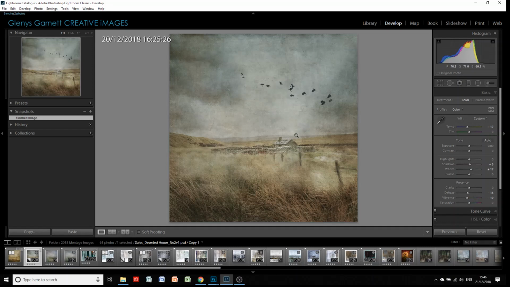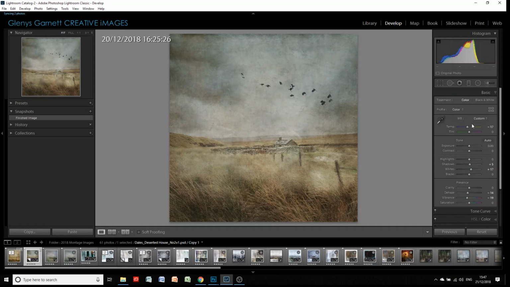Now, the only thing I've done here in Lightroom is I've dehazed it slightly because I wanted to soften it overall. I've reduced the vibrance. I've boosted the whites up a little bit. A little bit of shadows lifted at the bottom here. And the main thing I've done, two things: I've shifted the colour temperature towards the blue side, the cold side, quite like this, and I actually set it at -17,